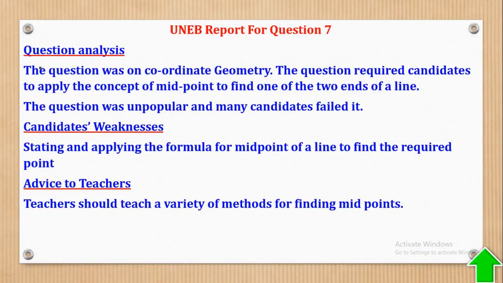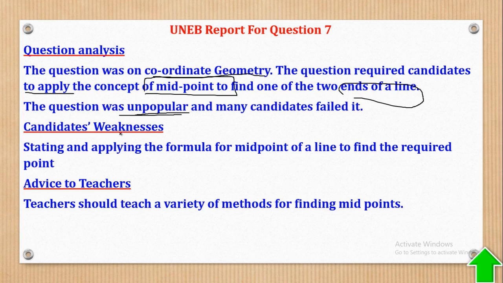So this question was on coordinate geometry, and the question required the candidates to apply the concept of midpoint to find one of the two ends of the line. The question was unpopular and many candidates failed it. So like I said, most students were used to being given two endpoints and they asked for the midpoint. But in this case they gave one endpoint and also a midpoint, and they wanted the other endpoint,